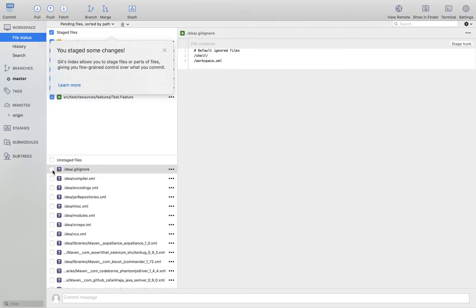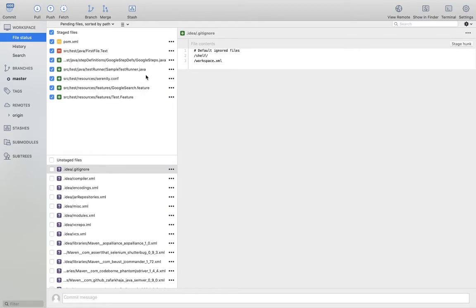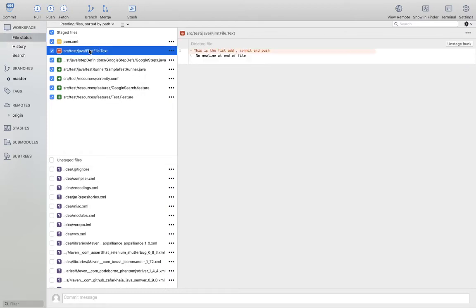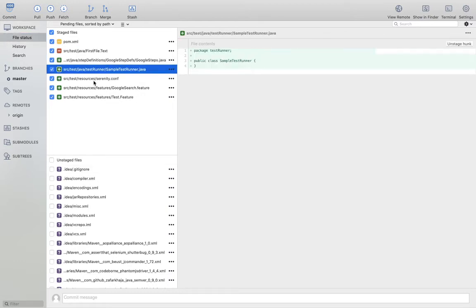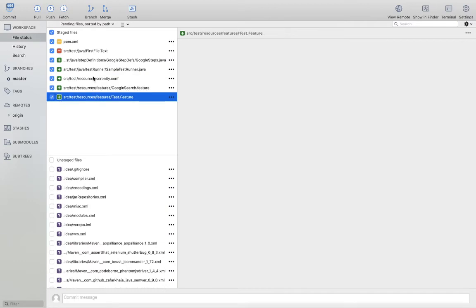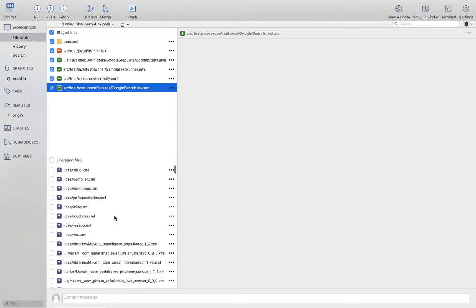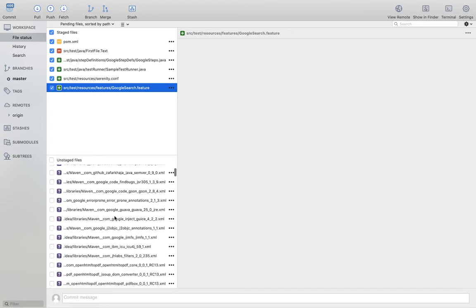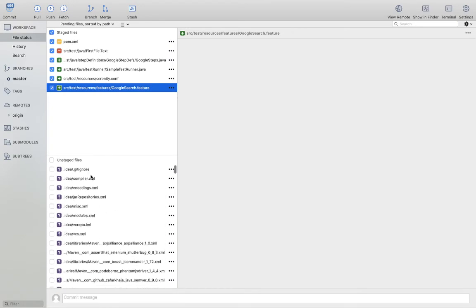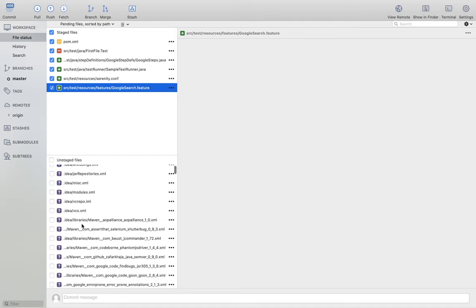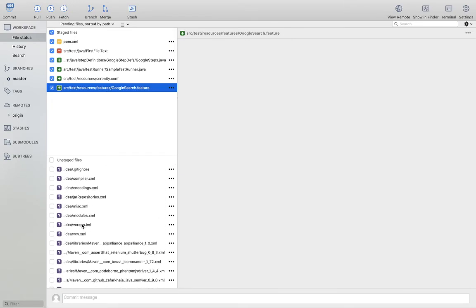Yes, we need the POM XML file. And you can see I removed this first file.txt and I have added some of the other feature files. So test feature, we do not need it.